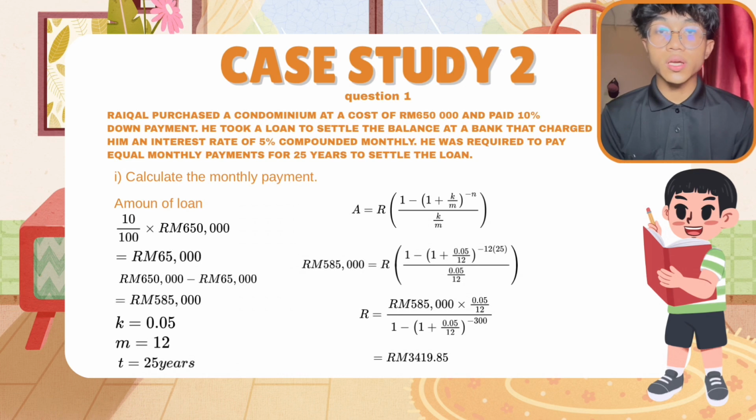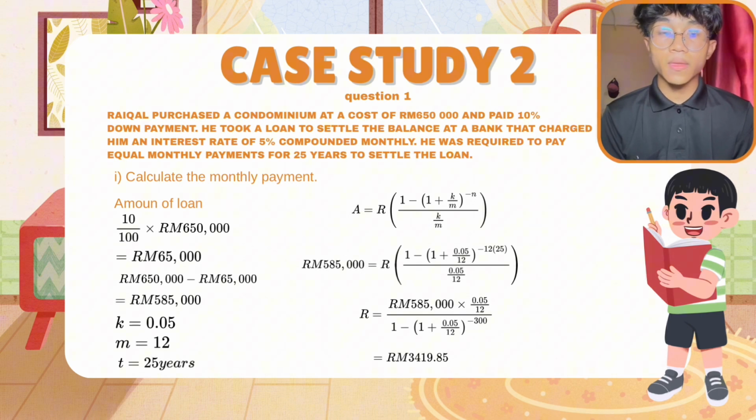Just use this formula: A equals R bracket 1 minus bracket 1 plus K over M bracket power of minus N over K over M bracket, and just put the numbers into the formula. 585,000 ringgit equals R bracket 1 minus bracket 1 plus 0.05 over 12 bracket power of minus 12 times 25 over 0.05 over 12 bracket, and you get R equals